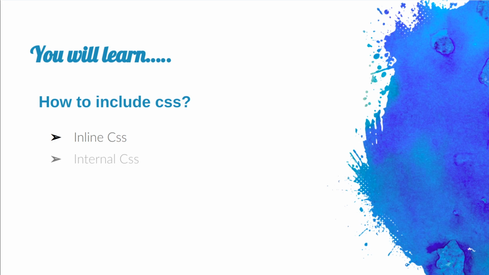The next way is called as internal CSS. In internal CSS, you are going to use the style tag and we will specify all the classes in the style tag, and we can use that classes later to apply styling to all the elements in our web page.